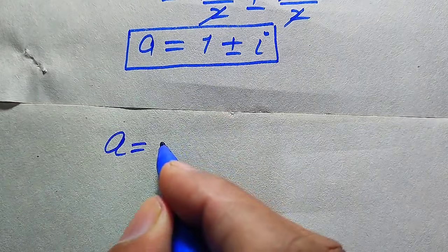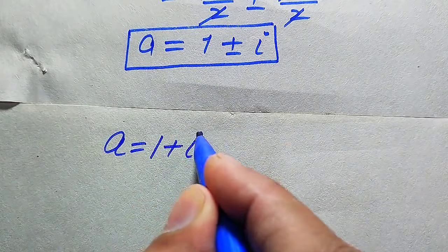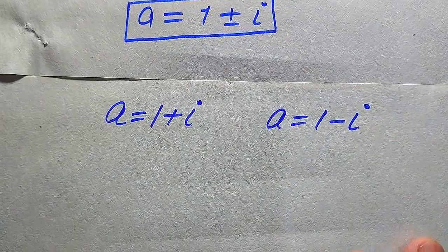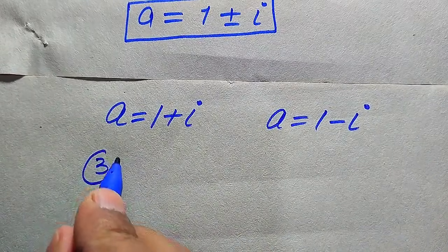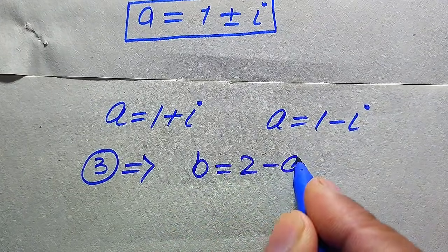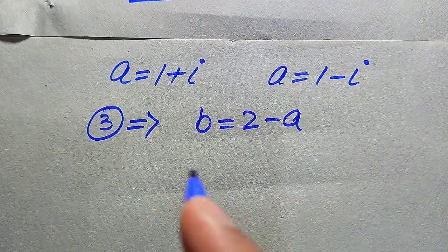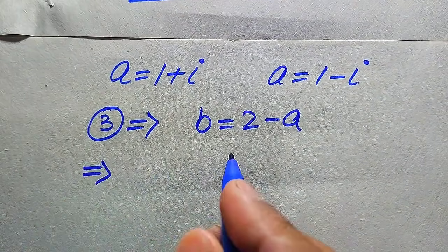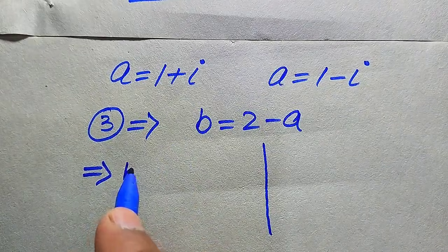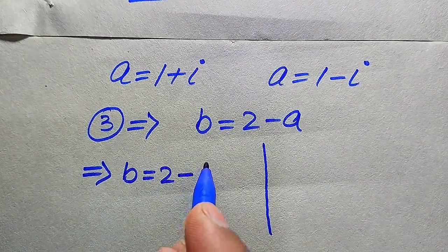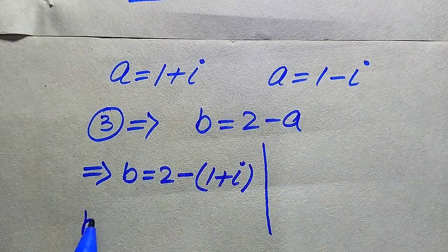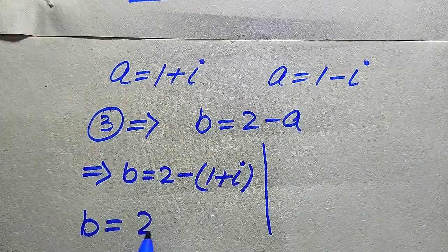So first we write these two values: a equals 1 plus iota, and from here we have a equals 1 minus iota. And here we copy down equation number 3, which implies that b is equal to 2 minus a, and here we substitute both of the above values of a, and we get the corresponding values of b. So when you put this value of a here, it becomes b equals 2 minus a. The value of a is 1 plus iota, and here we easily get the value of b equals 2